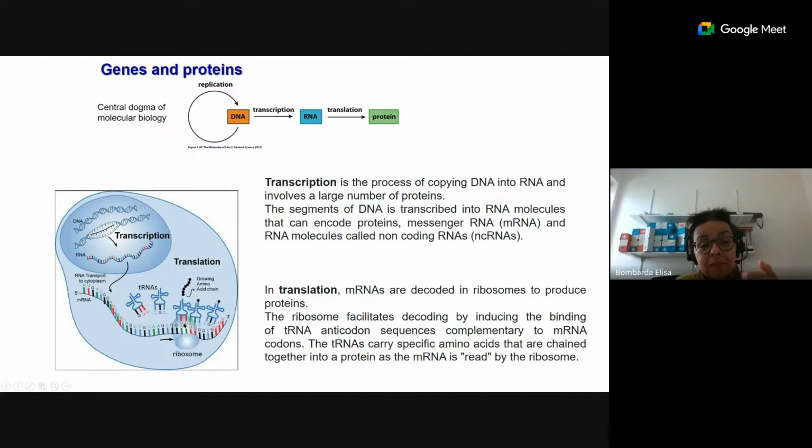So practically, the ribosome reads the RNA and calls the tRNA that has the right complementary